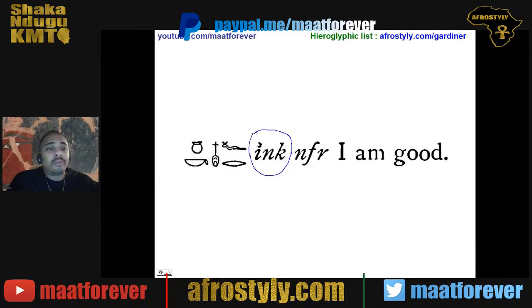By the way, this is taken from Gardiner's Egyptian Grammar, 3rd Revised Edition, page 54. Some people will consider it to be a yod, so they will pronounce it yenek. Most people will pronounce the E or the letter J, which has the same phonetic value as the sound E. So we have Inek nefer, which is translated, as you can see, by I am good.